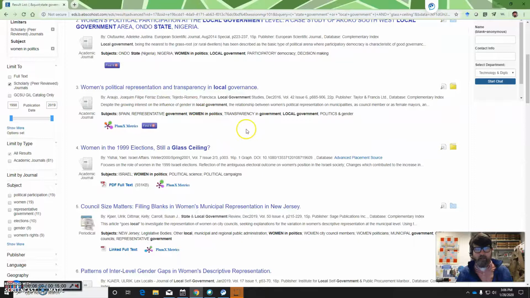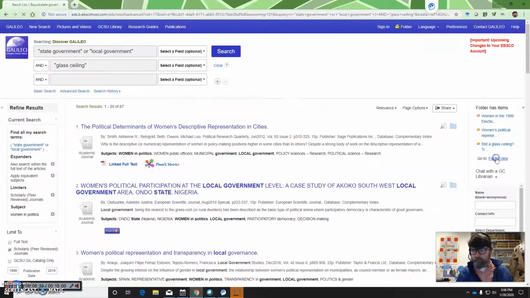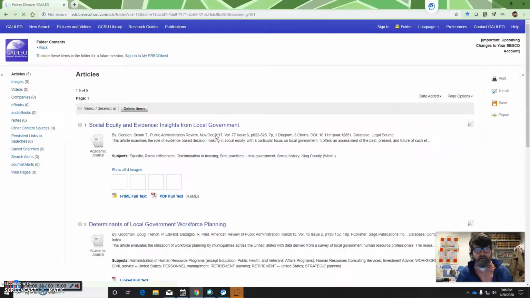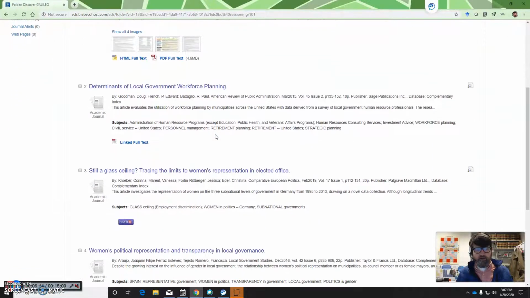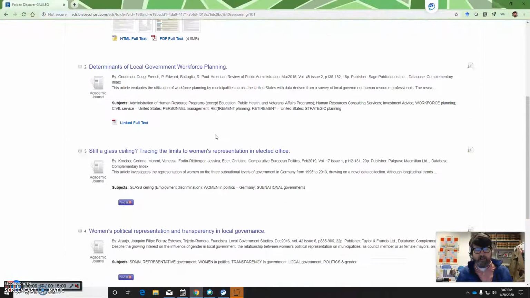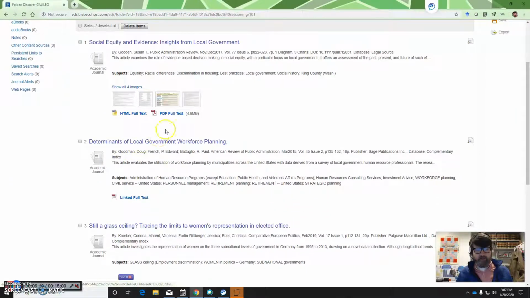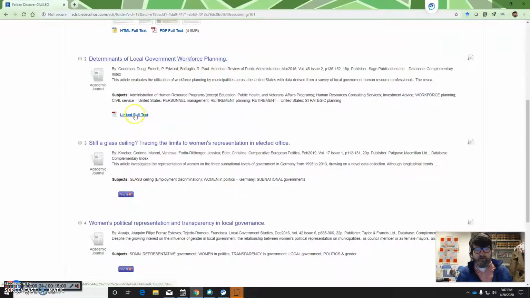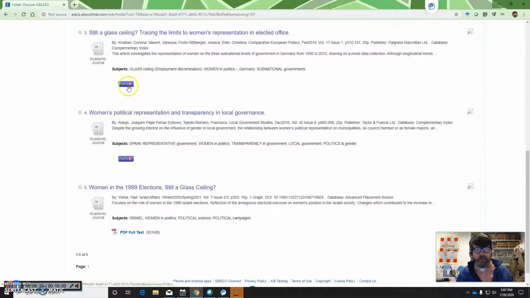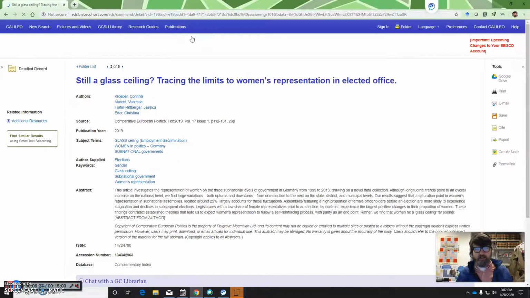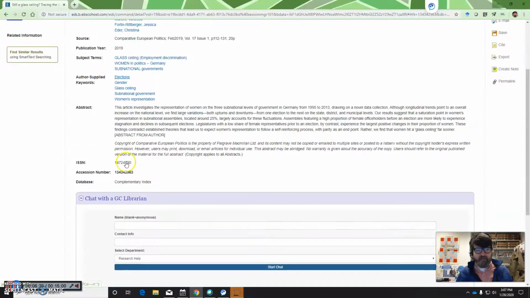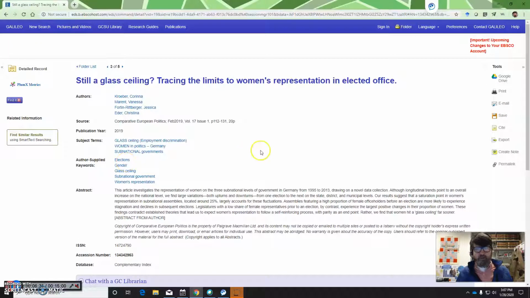Now, I'm going to go over to the folder, and so this is where it will collect the articles that I've selected. Now you notice that this one, full text, is accessible here. This one links out to the full text. However, these do not show any full text. So when I go in, I don't have access to the full text. What would you do in that situation? So this is where we'll talk about interlibrary loan. So if you click on the Find It button,